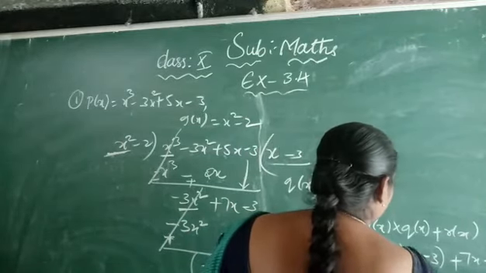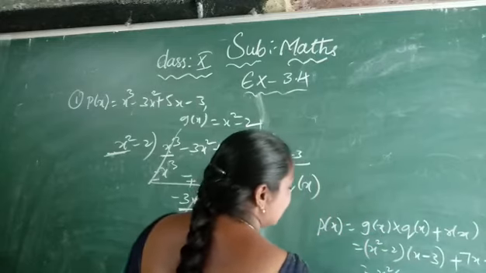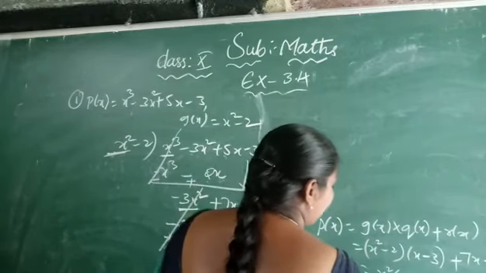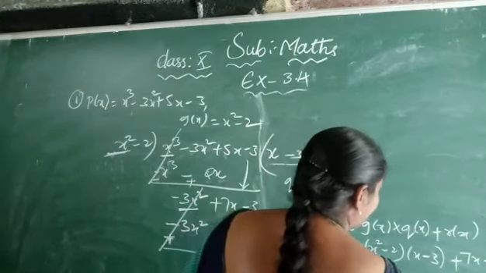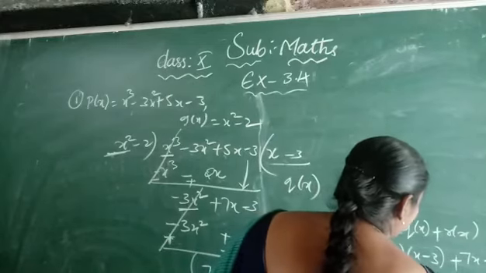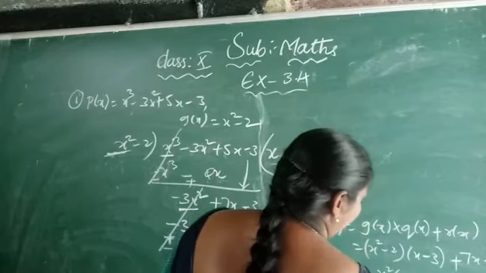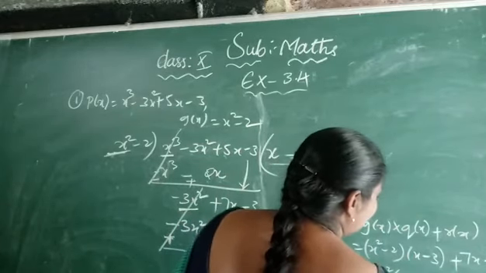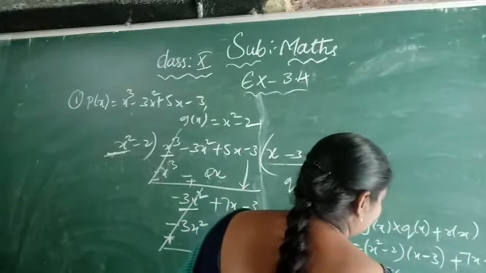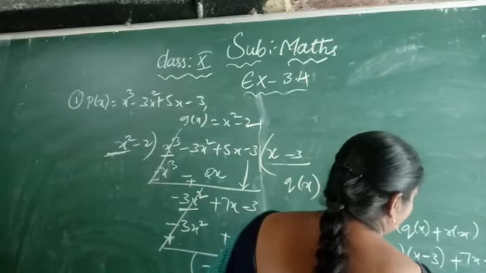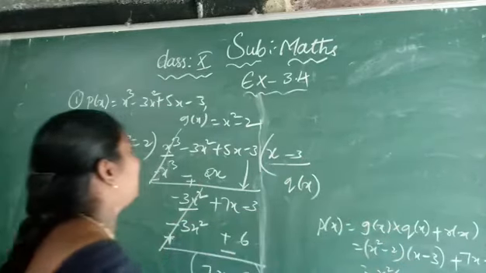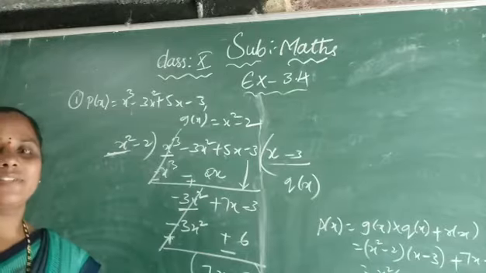So the remainder is 7x minus 9. x square into x is x cube. x square into 3 is 3x square, minus 2x plus 6. And here 7x minus 9. So x cube is only one term, minus 3x square also only one term, minus 2x plus 7x is how much? Plus 5x. Plus 6 minus 9 is minus 3. Check whether p of x is the same. Yes, p of x value you got.